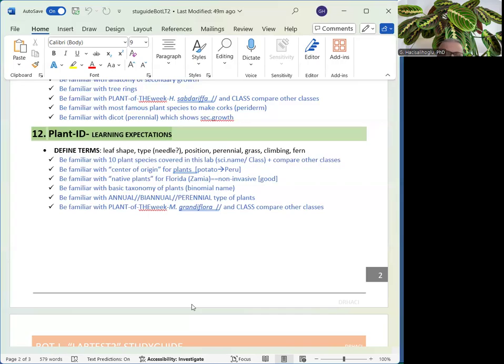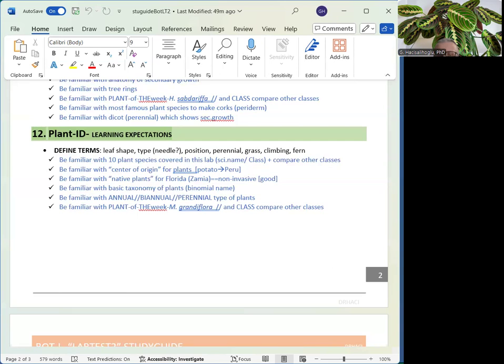Basic taxonomy of plants, binomial names, be familiar, annual, biennial, perennial, and also plant of the week here, Magnolia grandiflora, and its class dicot. So just to recap, this is module 2 in BOT